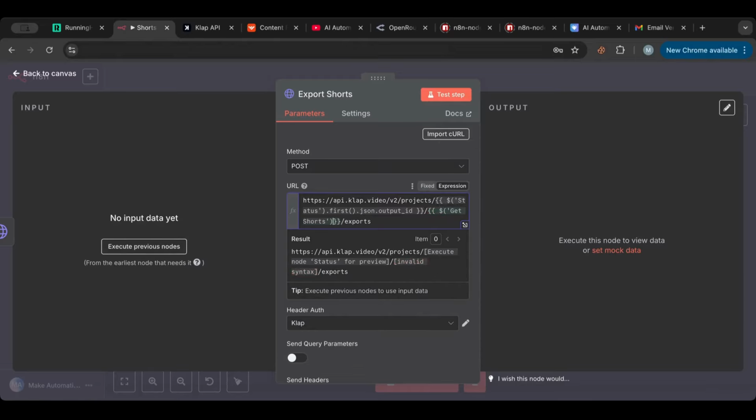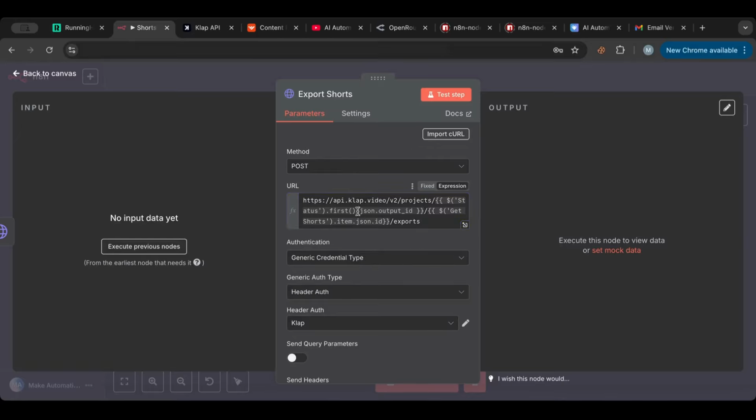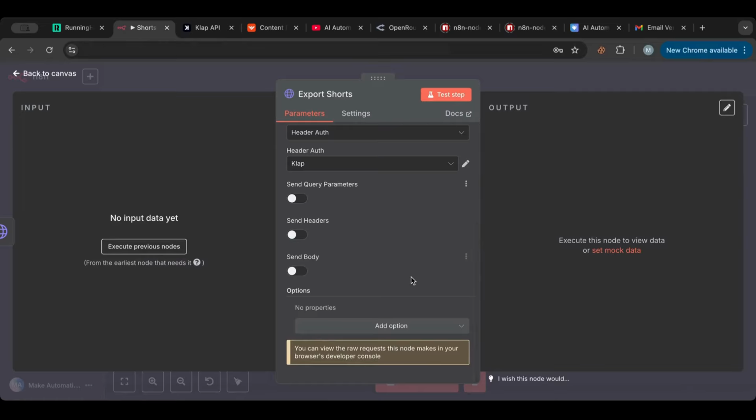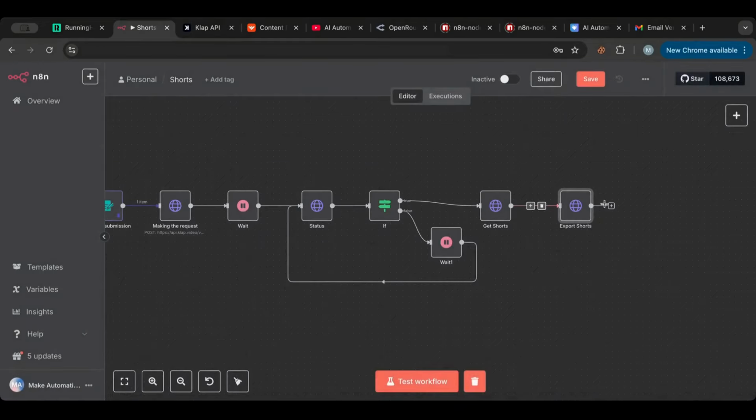So what we will do here is we're gonna get the shorts, then dot JSON, dot item, dot JSON, and then dot ID. Okay, then exports. Perfect. We don't need to send anybody. We are giving it everything in here. Good. So this will export the shorts,